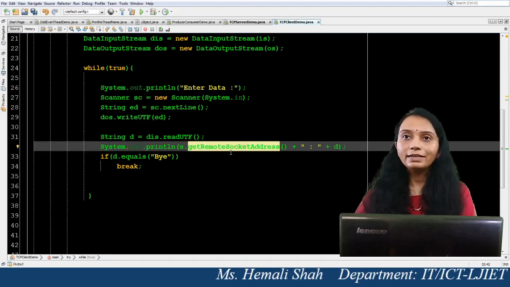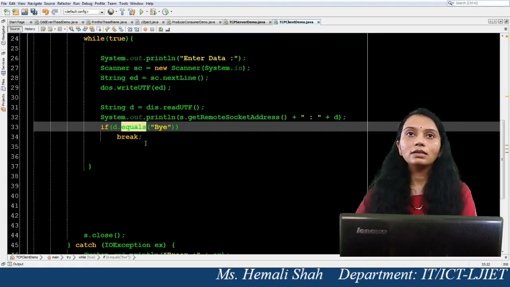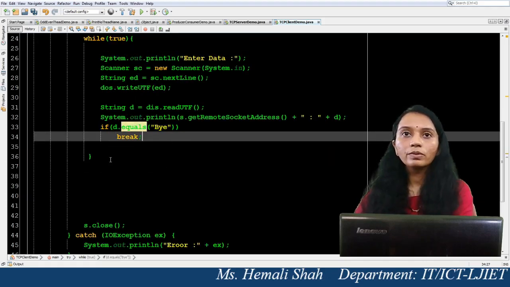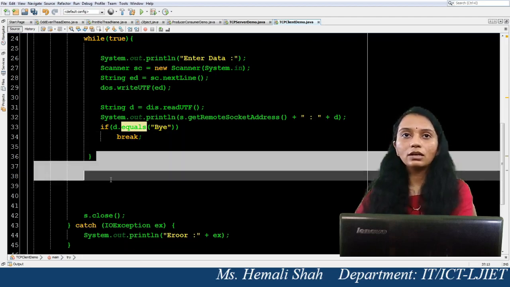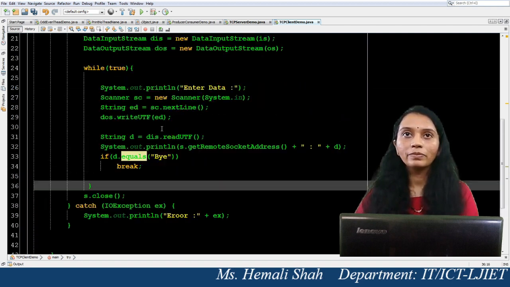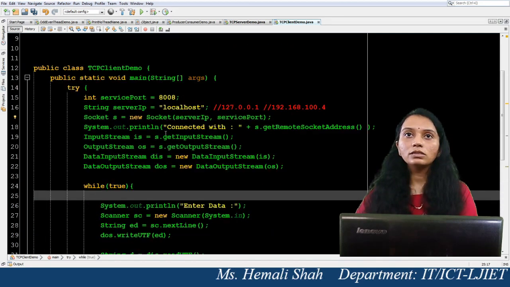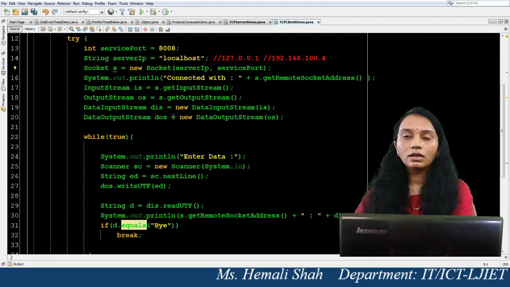After receiving it, it prints that I have received this data. Now if it receives bye, then we break the loop. So you can make exactly the opposite statements of the server program in the client program.